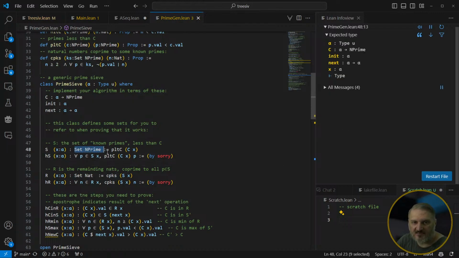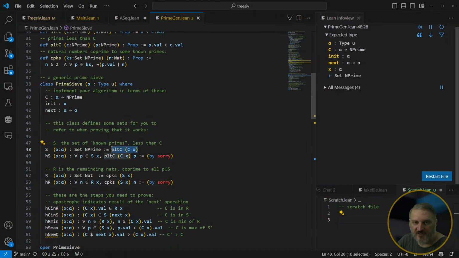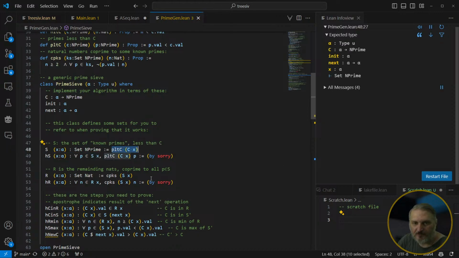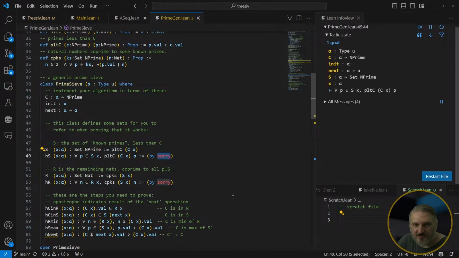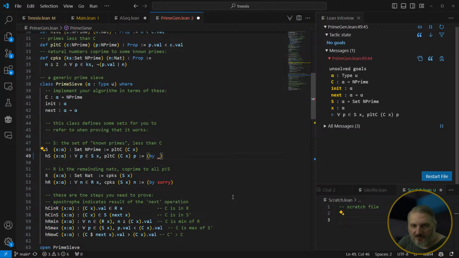So S is some set of primes, and by default the implementation is this, so you don't have to specify that yourself. And then in order to make sure that you don't change this, you have to have this, which is to say that for every value in that set S, this condition applies. And so, obviously, this implementation works. I still don't even know how to use this, but